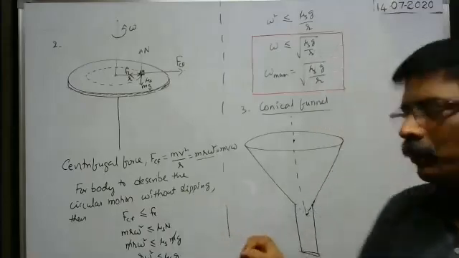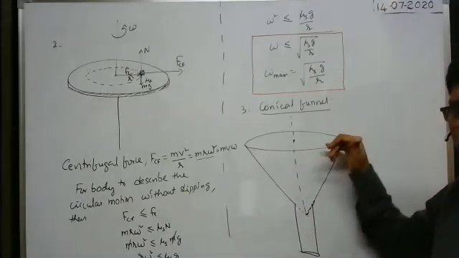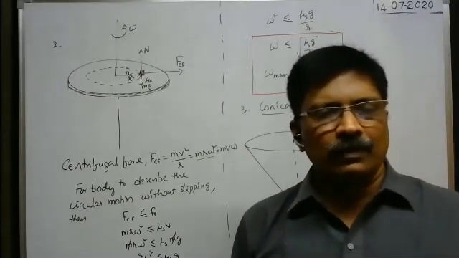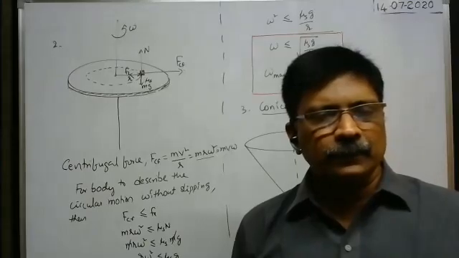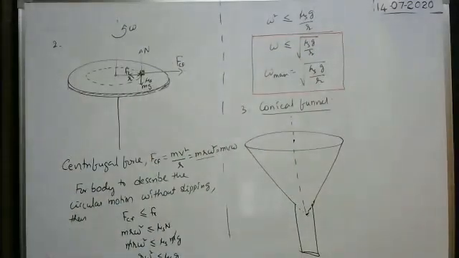For the body to make rotations in the horizontal circular path in the conical funnel without falling, what is the condition we want to discuss? Have you followed the point here? Have you followed the question that I am going to explain? Okay,